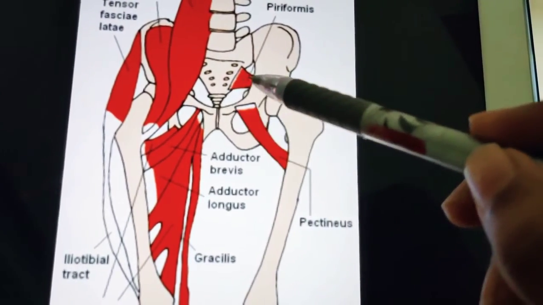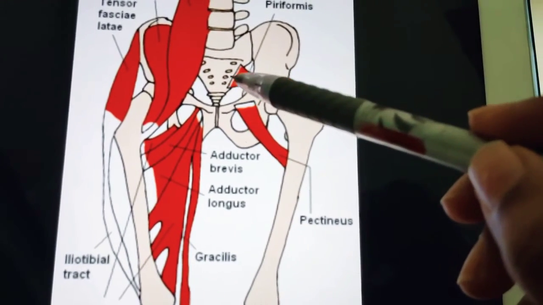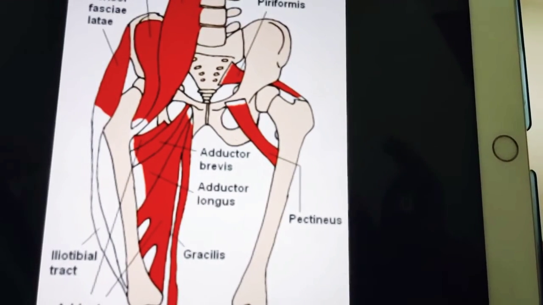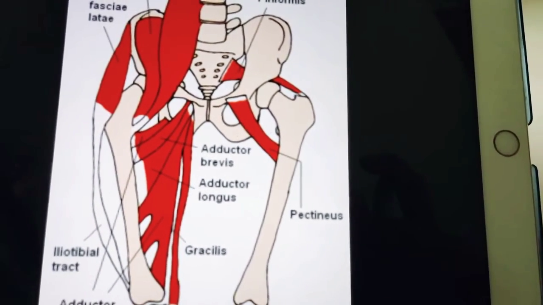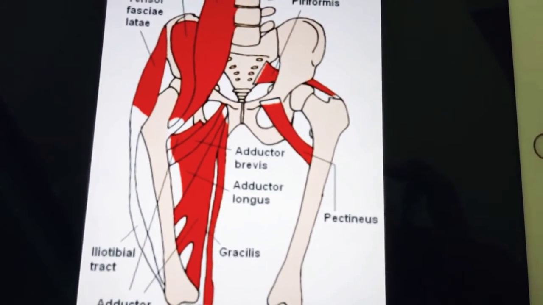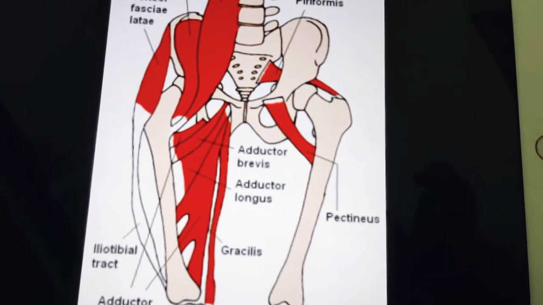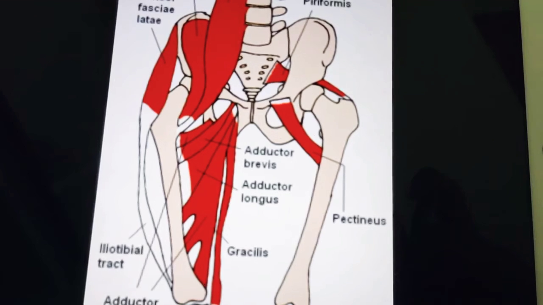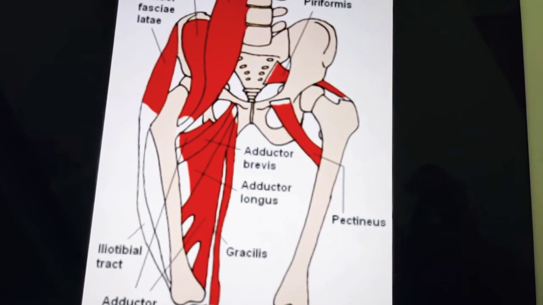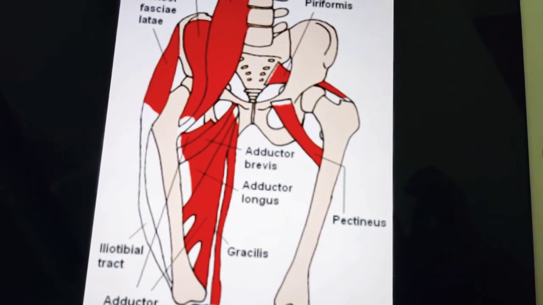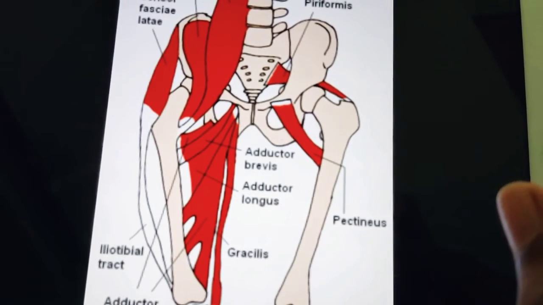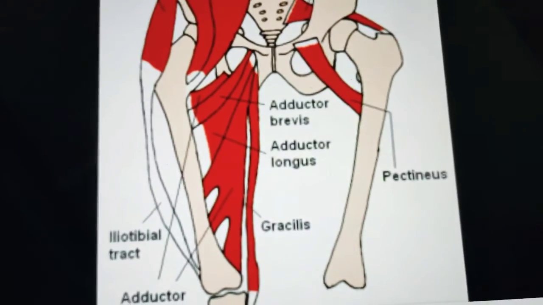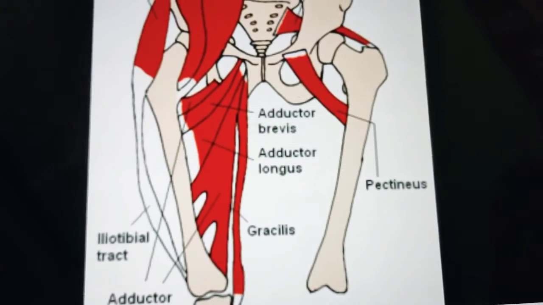So actually the obturator externus muscle and the deepest plane of adductor magnus, both are supplied by the posterior division of the obturator nerve, which lies vertically along the medial side of the thigh, and is gracilis. So these are the muscles and the course of the obturator nerve. And one more thing, the accessory obturator nerve supplies the pectineus muscle.